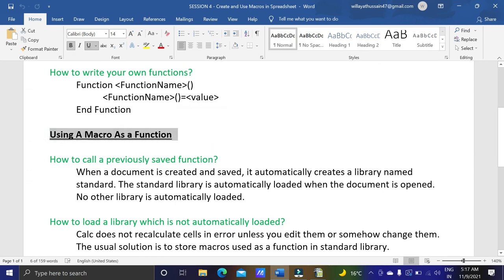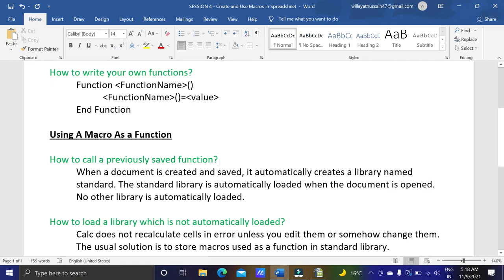How we can create our own macro, and how to call a previously saved function we just saw. We wrote equal to number 6, and we called the function, we got the value 6 because I had saved the value 6 with the function. So when a document is created and saved, it automatically creates a library named standard.